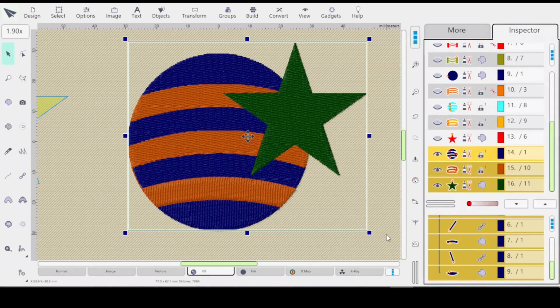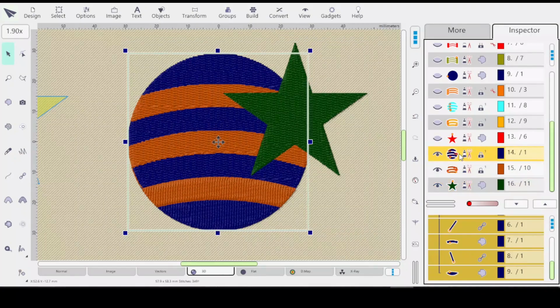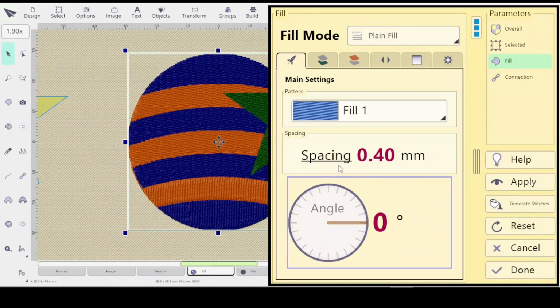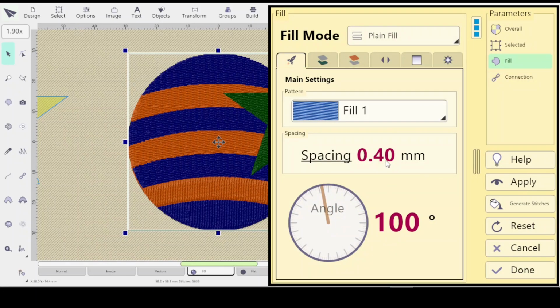And there you have it. Now, since I redid these, they're not going in the right way. So I'll just click them and make them 90 degrees, because I know they're all the same. Well, it'll be 100 degrees. I left the spacing at 4.0. Usually I go 4.2, but